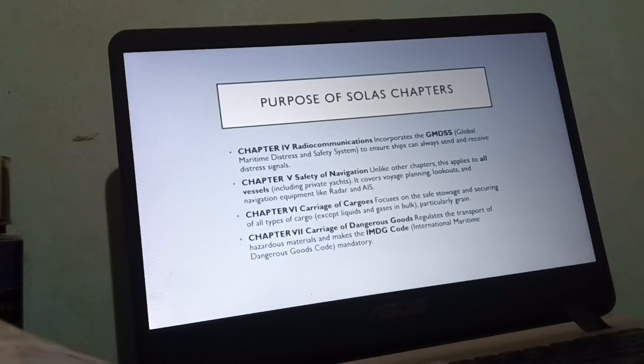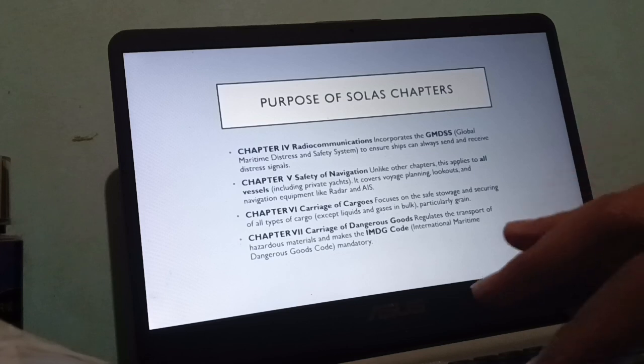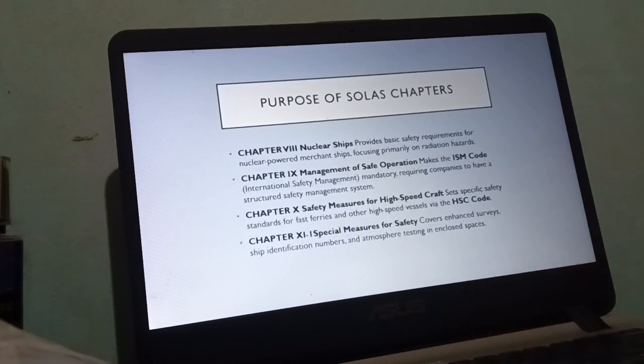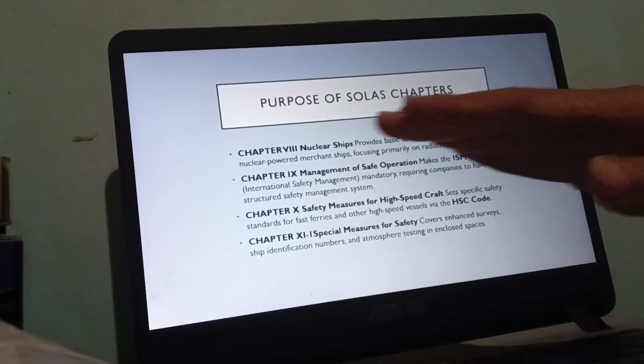Chapter 7, carriage of dangerous goods, regulates the transport of hazardous materials, and makes the IMDG Code, International Maritime Dangerous Goods, mandatory. In chapter number 8, nuclear ships provides basic safety requirements for nuclear-powered merchant ships, focusing primarily on radiation hazards. In chapter 9, management of safe operation makes the ISM Code mandatory, requires companies to have a structured